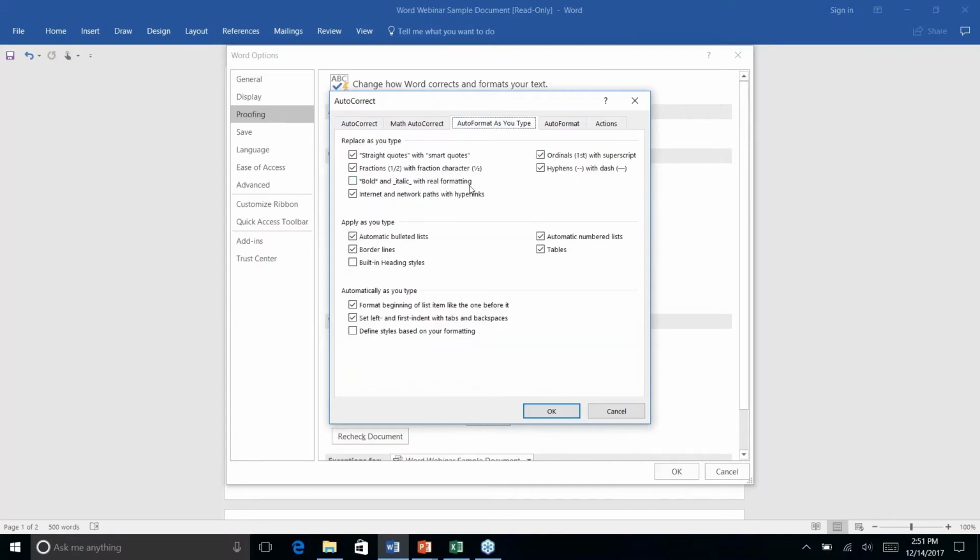Auto format as you type also has a couple of options in here that you will find useful. By default, it is going to change your ordinals. So if you have things like first, second, third, it will take the ordinal and put it as a superscript, which means it'll be in smaller letters towards the top of the number. It's just a little bit more visually pleasing. If for whatever reason you hate that it does that, you can come in here and turn it off. Same thing with changing the quotes,